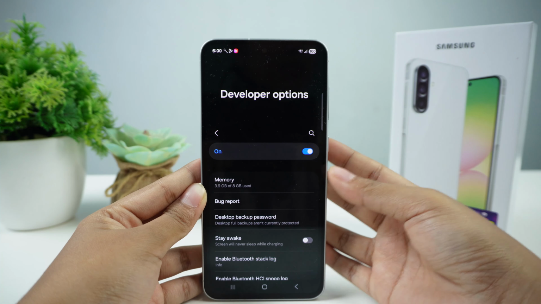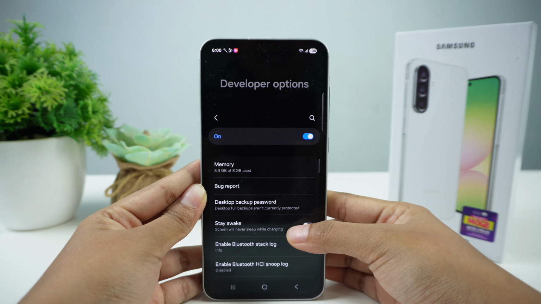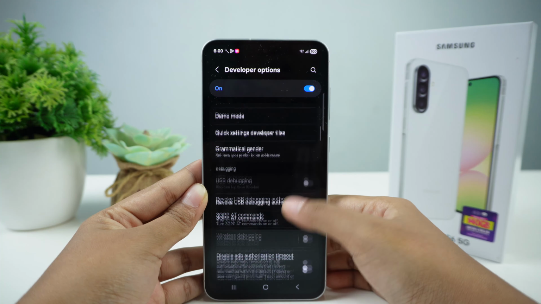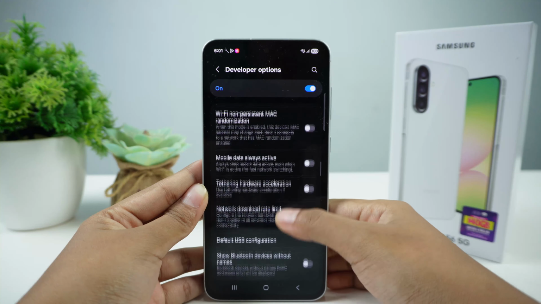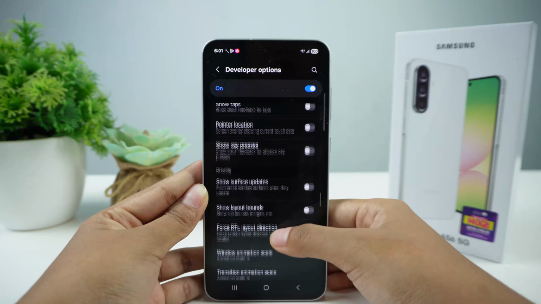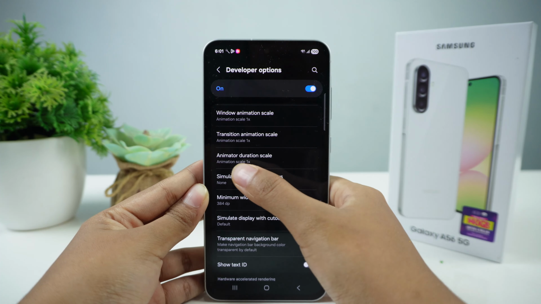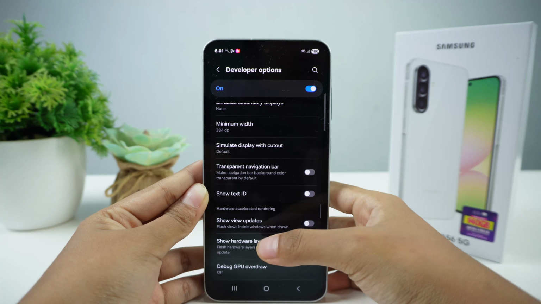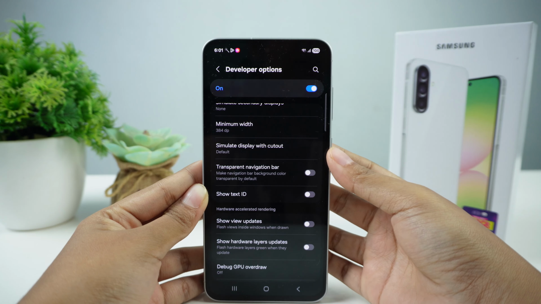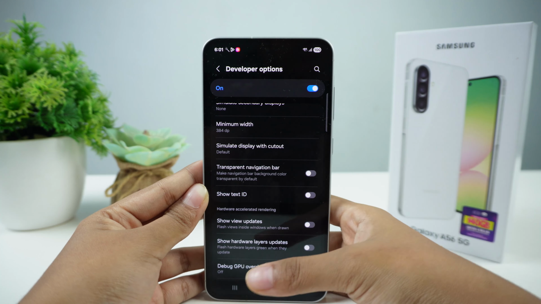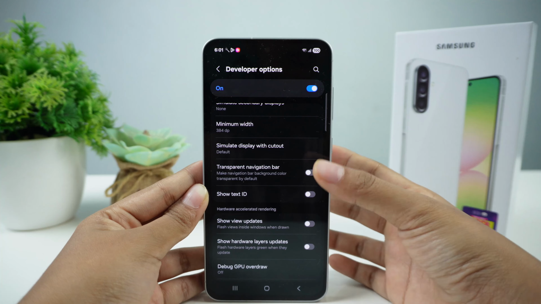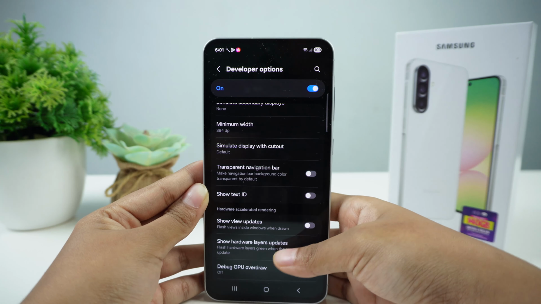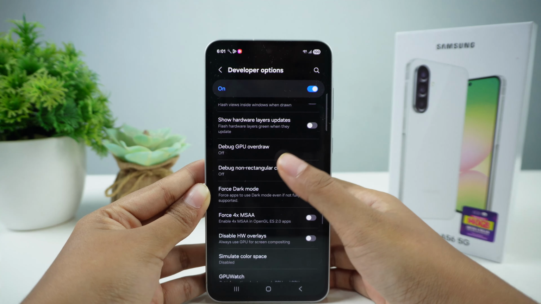In developer options menu, you can find so many hidden settings for your device like memory and DPI or minimum width, transition animation scale, and so many hidden settings for your device. But you have to understand before you activate it, because if it's wrong it can cause problems like black screen or reset. Okay, enjoy settings on your developer mode.